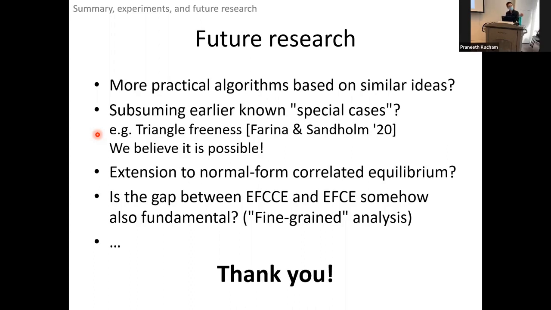I just want to clarify. Is your fixed parameter just k or something else? B and k for the team case and the normal form correlated case, and D and k for the extensive form case. So they're all the things that appear in this exponential term. But one thing that I want to note is that the only exponential dependence is on this k.